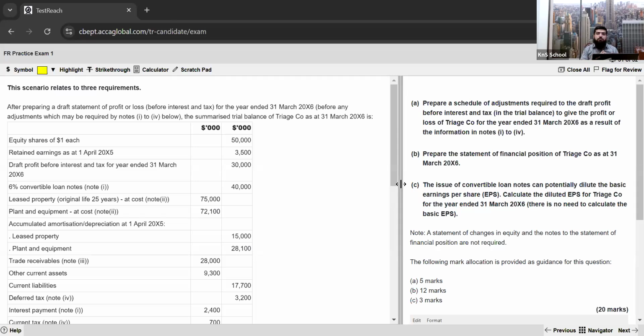There are two sets of accounts that you need to prepare: the single entity accounts, the individual financial statements, and the second one is the consolidated financial statements. So we are here to learn the final accounts, that is the single financial statements. In this session we are going to learn how to prepare the final accounts, and how we are going to attempt that final account question in our exams,